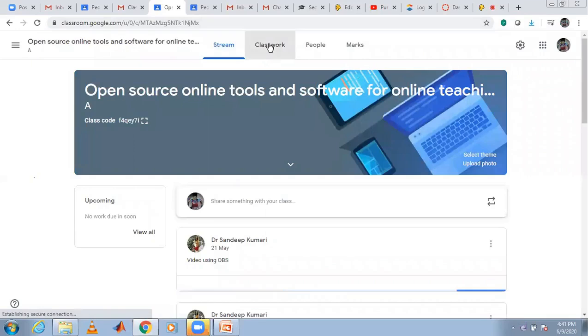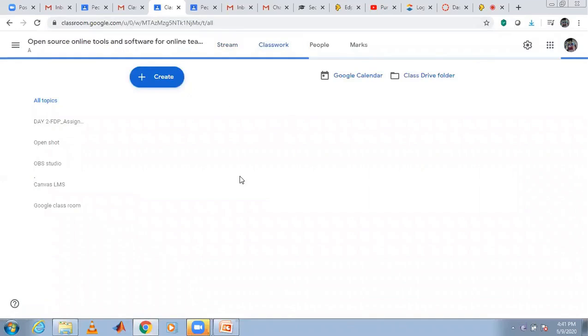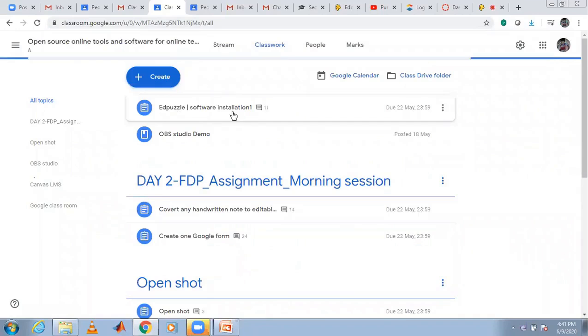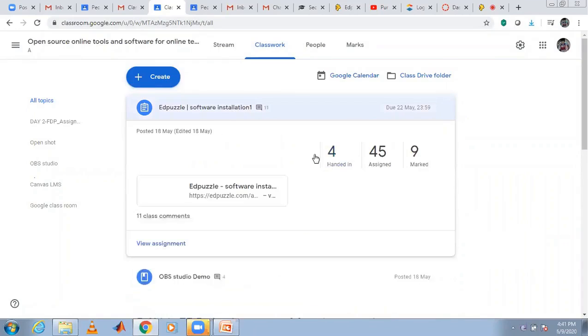I'll show you in the classwork section. Edpuzzle software installation. 4 handed in. 4 students submitted this assignment. For 45 members, I assigned the assignment, but only 4 members attempted. 9 marked.